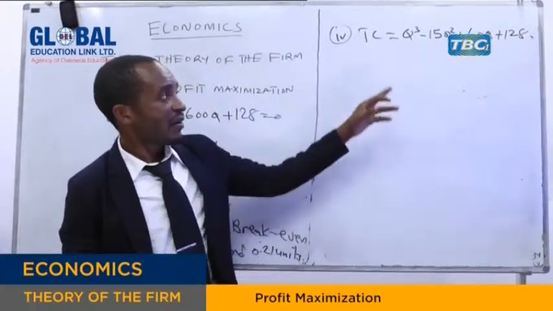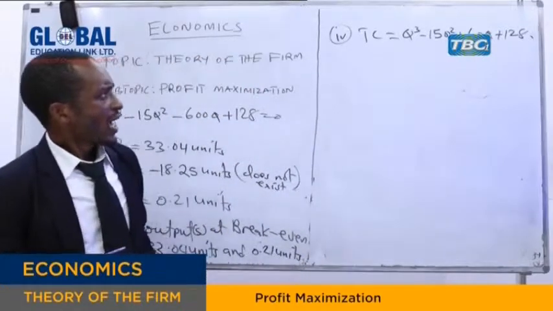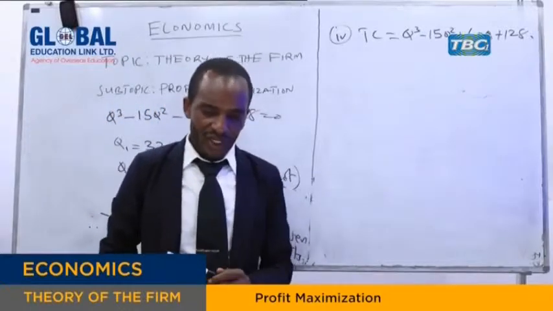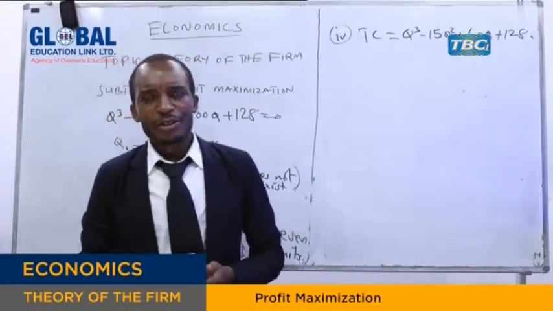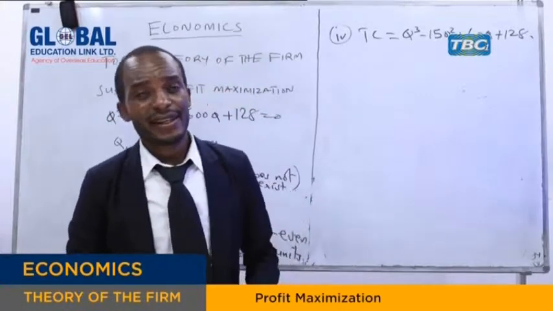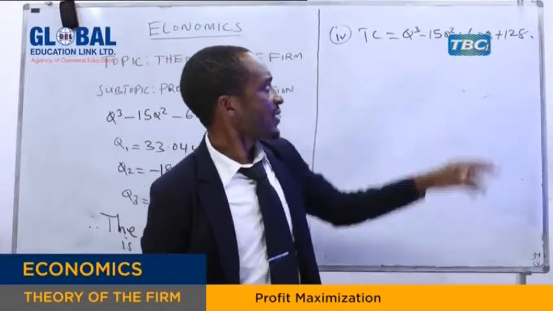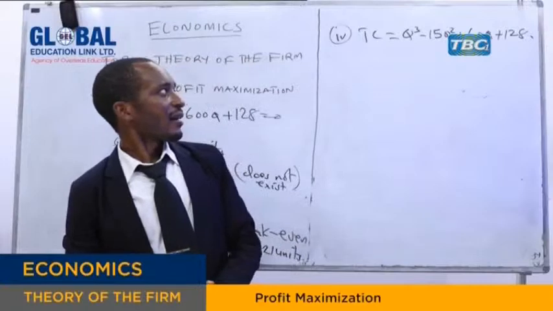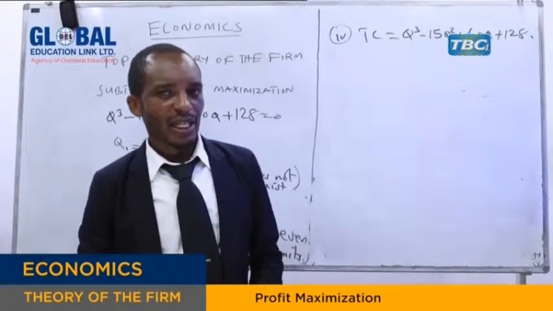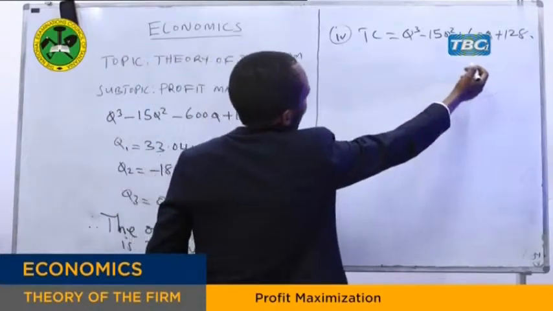So this is our total cost function. Now we are asked to calculate the minimum cost. We know that the minimum cost occurs when you differentiate the total cost function and you equate it to 0. So when you find the marginal cost,